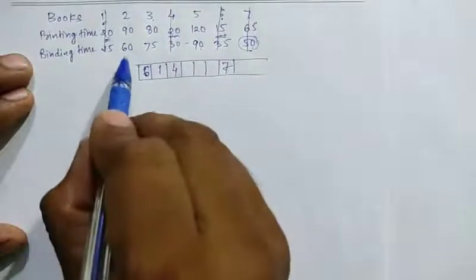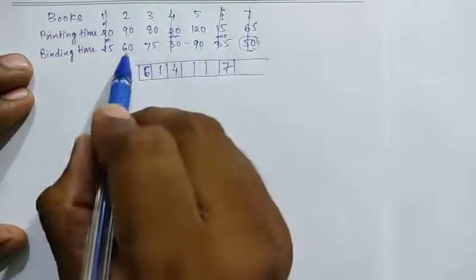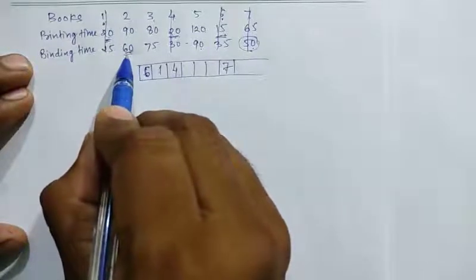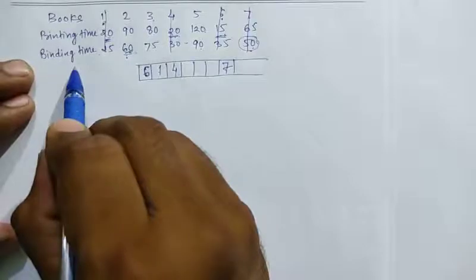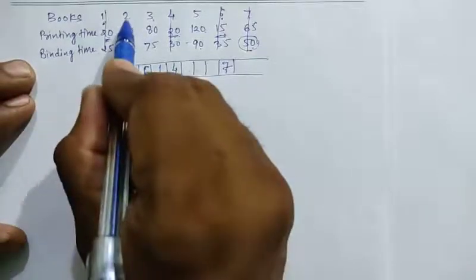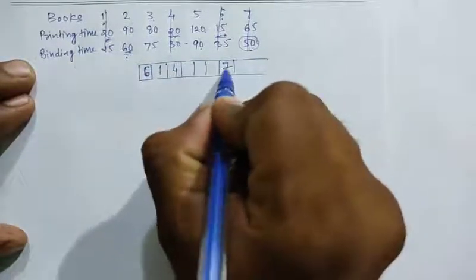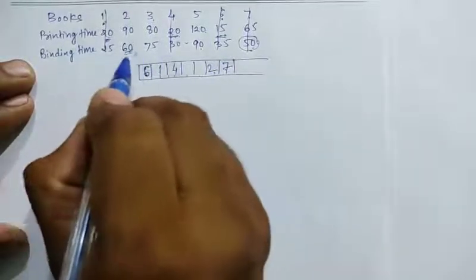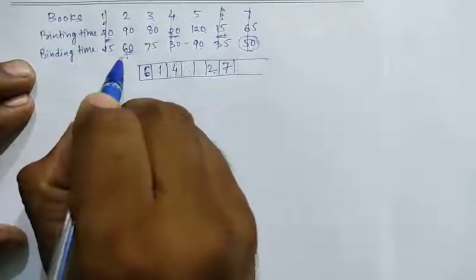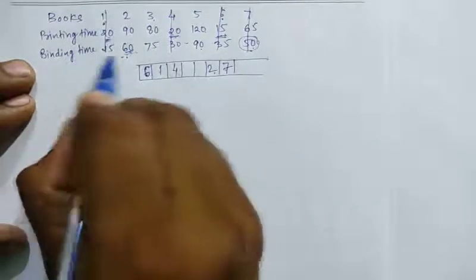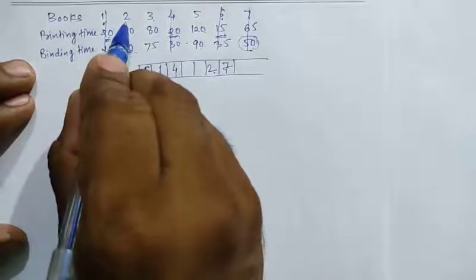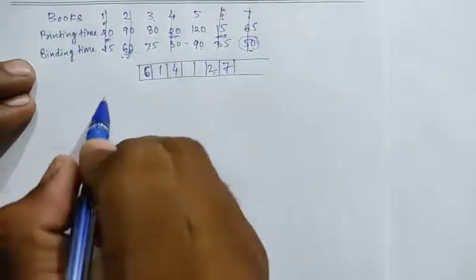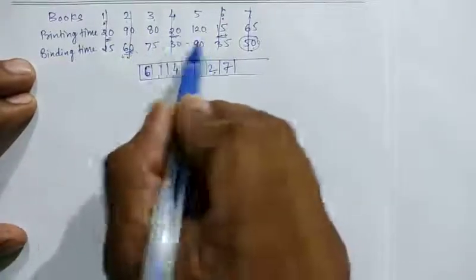Again in this remaining chart, which one is the minimum value? So here we see that 60 is the minimum value and which is for second machine, right? So we place job 2 last, which is before job 7. This 60 hour value is for second machine, and therefore we place second job before 7. So we delete second column.